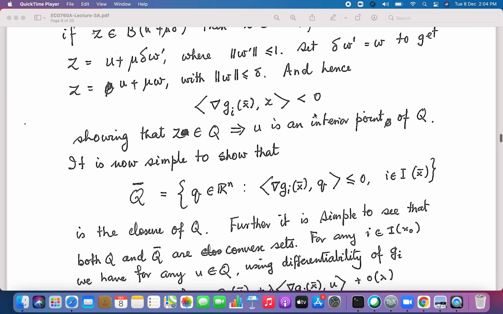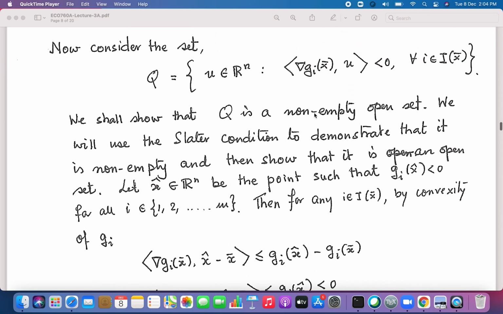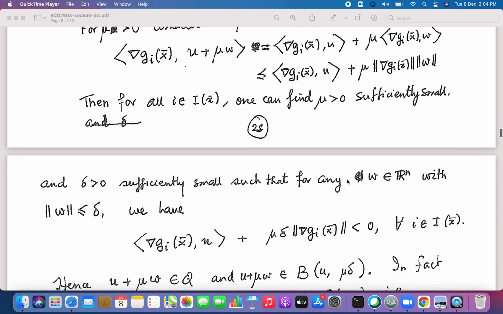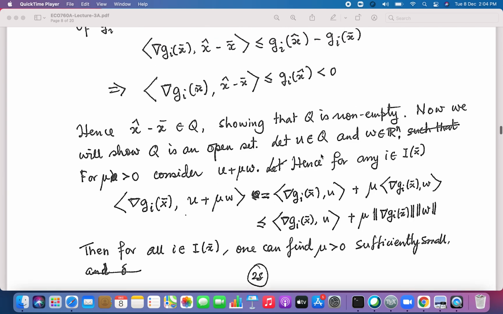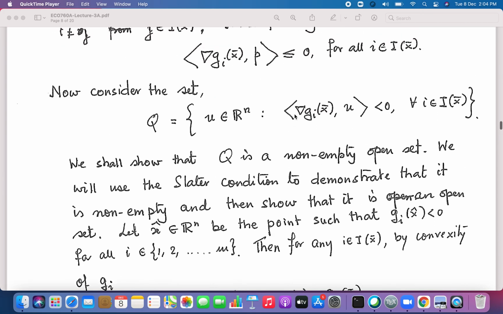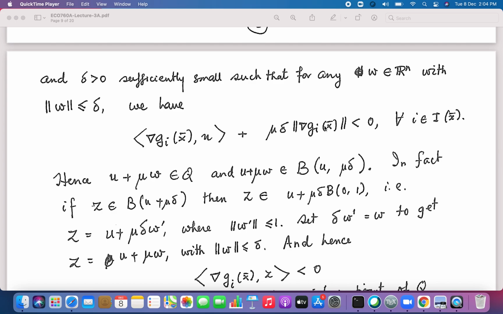You can actually show that, because Q is non-empty, the interior of Q bar, which is actually the closure, is this set. So once you show that, you know that the closure of the interior of a convex set is the closure of the set. But if the set Q bar, for example, so the closure of the interior of Q bar